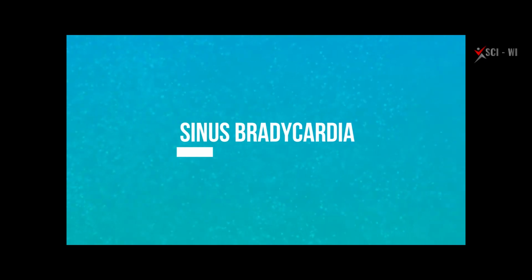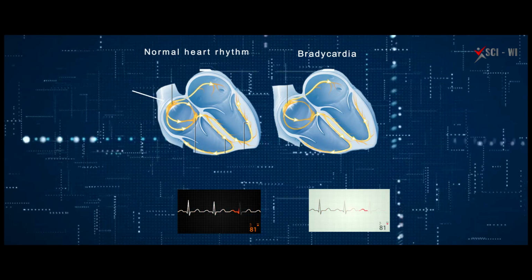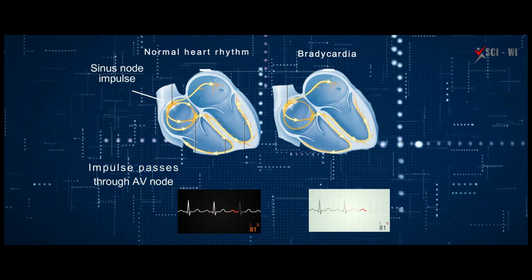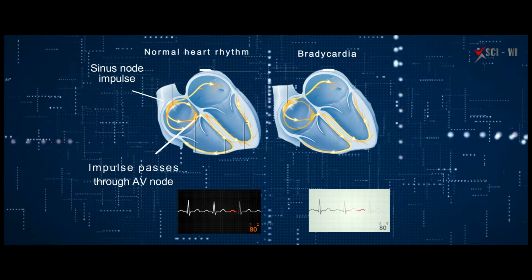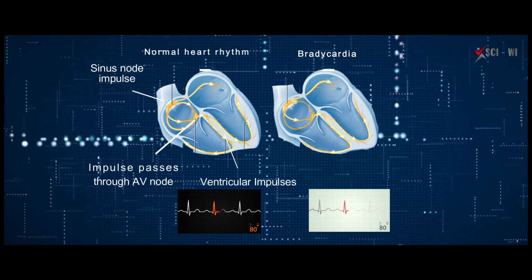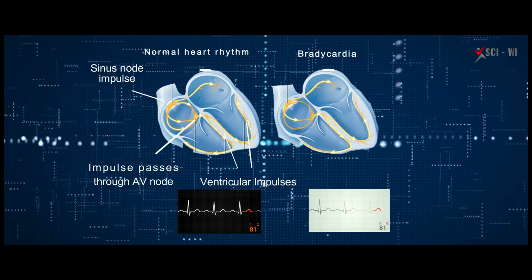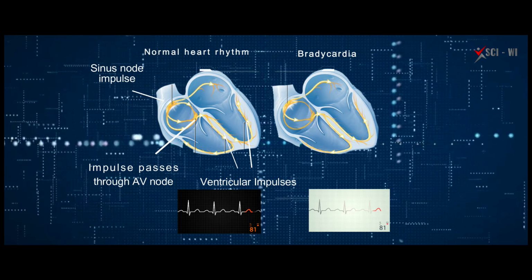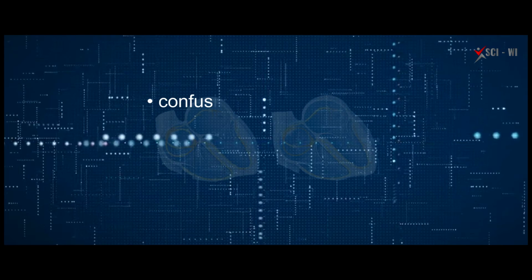Sinus bradycardia is the opposite of sinus tachycardia and happens when your sinus node sends slower pulses resulting in a heart rate of fewer than 60 beats per minute. A heart rate below 60 beats per minute can be normal for some people, particularly young people and athletes. It can also happen when you are in deep sleep or taking certain types of medications. For some people, however, it can be a sign that your heart isn't distributing enough oxygenated blood to your body. When this happens, some potential complications